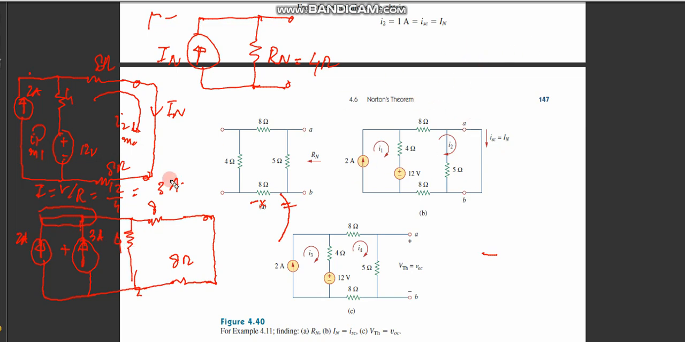So the equivalent circuit, if I draw it over here, would look like this. I would have a current source with a value of 5 ampere. Then I would have a 4 ohm resistance. Then I have 8 ohm resistance again over here, and then I have 8 ohm resistance like this. This is also 8 ohm resistance. So if you see now, again I can use a source transformation